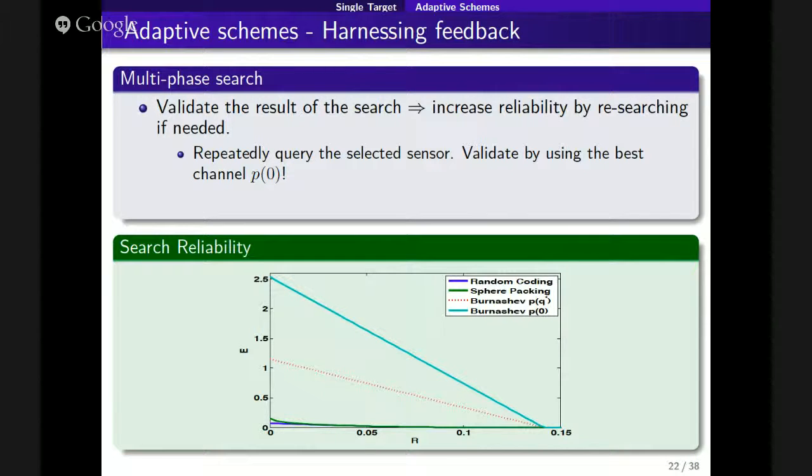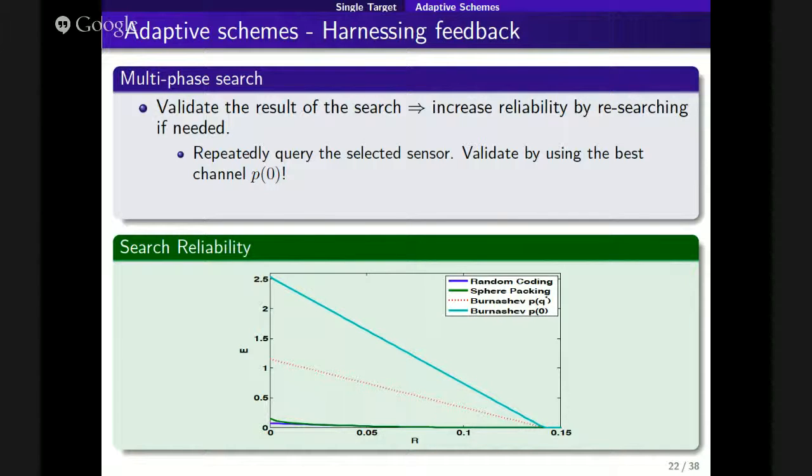Right? And then if this is the true sensor, you should see a sequence of ones, up to some noise, but this noise is very small, because you're polling only one sensor. This is the smallest noise you can get. And if you're wrong, you should see a sequence of zeros, because you're polling a sensor where the target is not. Some of the zeros will be flipped again with this amount of noise. So this is basically the Yamamoto-Ito kind of scheme,